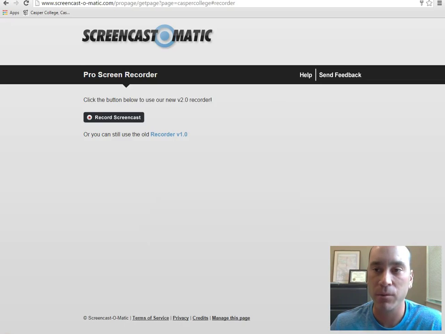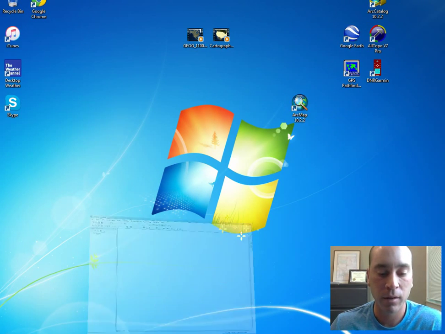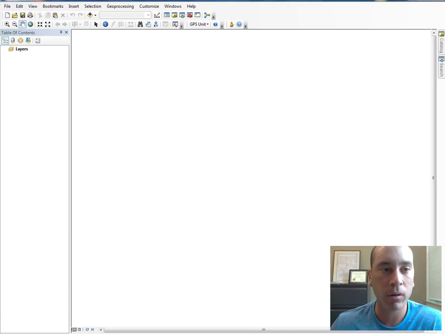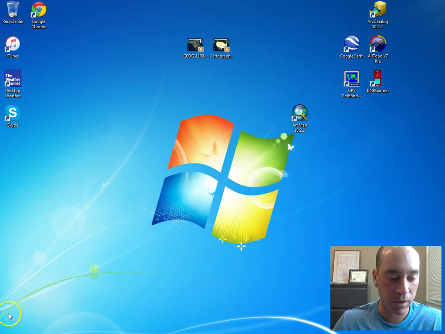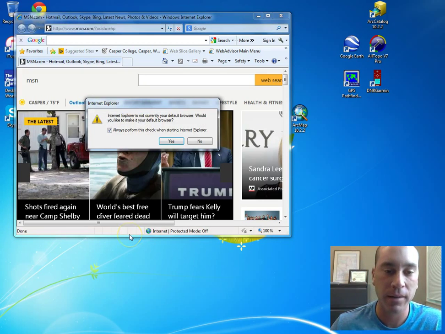And I'm just going to minimize it real quick, and you can see here's the icon right here. I just double clicked it and it opens up. The first thing I'm going to do, and this is something, once you do it once, you shouldn't have to do anymore, but there are some housekeeping procedures we need to do. We're going to open up Internet Explorer. So I just open up Internet Explorer on my desktop,